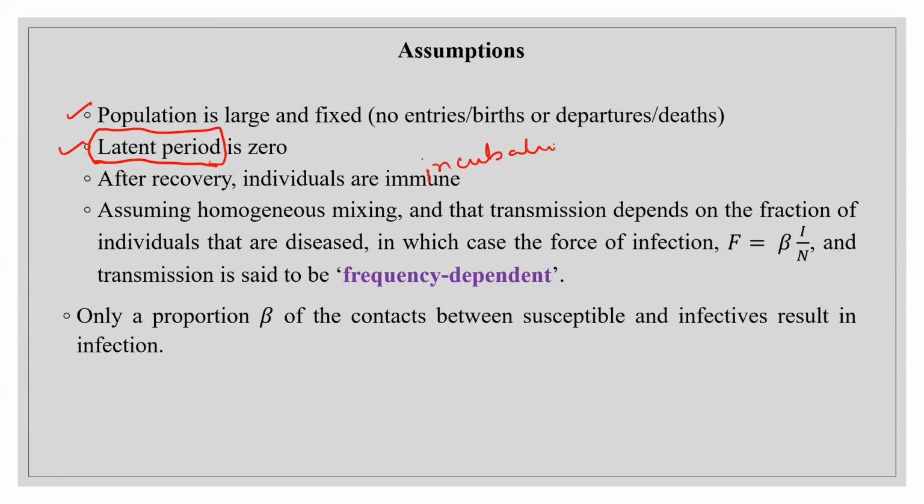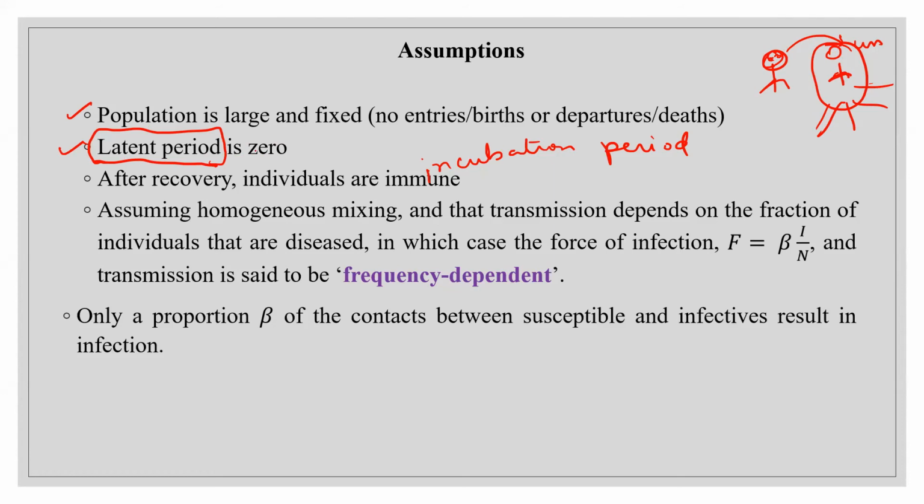If you have heard about the incubation period, suppose I am infected and I come in contact with an uninfected person. It takes some time before this person becomes infectious and can spread the disease. Like in the case of COVID, people require at least 5 days to become infectious. It is not that when I come in contact with an uninfected person, they immediately start spreading the disease. This is not the case. But in their model, they suppose that the latent period is 0.